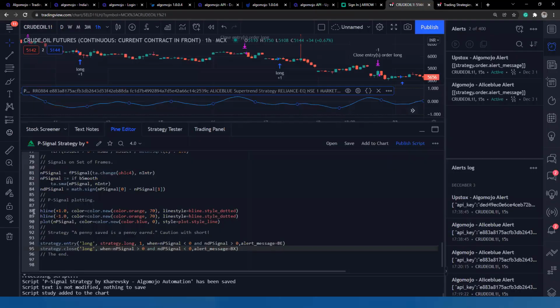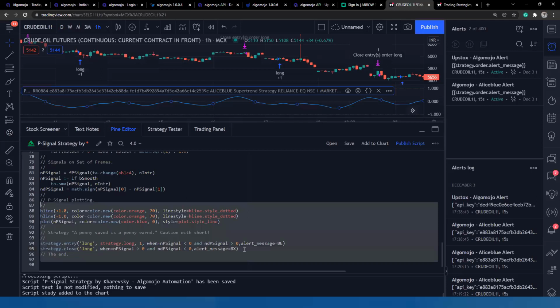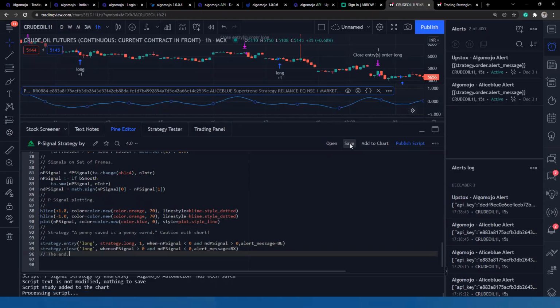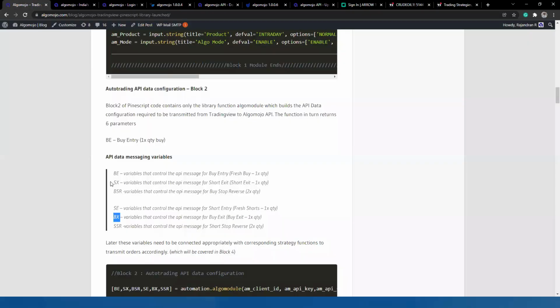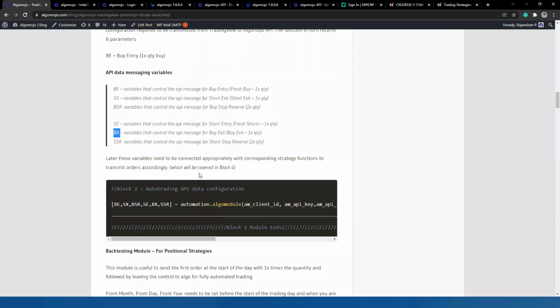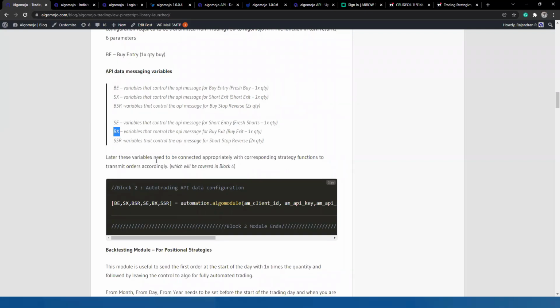So say here, this module is going to be very simple. I'm able to configure it. This is only 2 lines of code. Always it takes a long, it exits the long. So it is that simple. However, in case you are having a slightly complex module, like something like Supertrend, in Supertrend, right, you'll always have to double your positions. First time you have to take only a long entry, second time onwards you have to double.